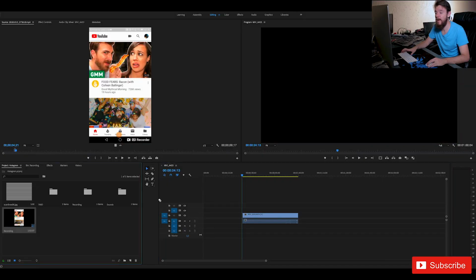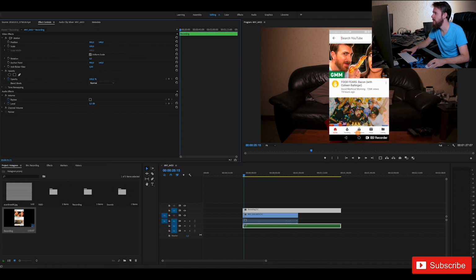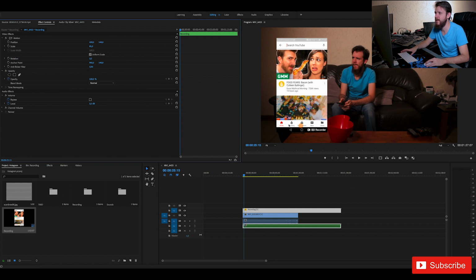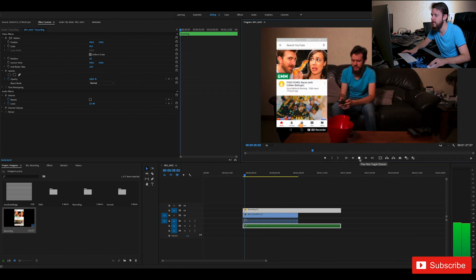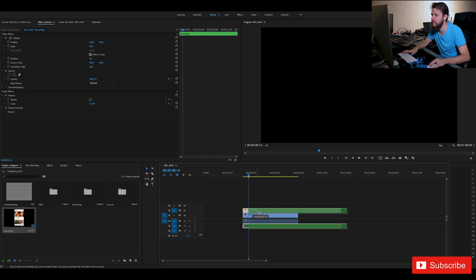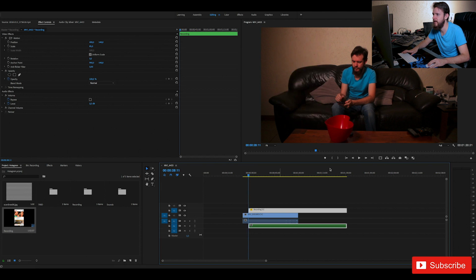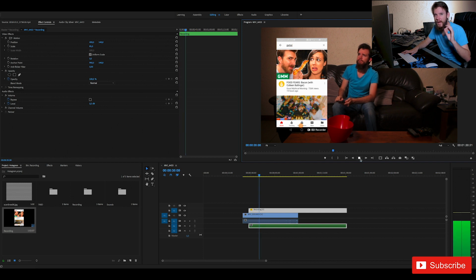First thing you wanna do is you wanna grab that recording or image and put it above that video layer. Now, as you can see, this is already in my way, so I wanna just move this, scale this down a bit, just move this off to the side so I can see and I can match it up with the frame that I want. So I want it right about, let's see, as I swipe it's going to appear. Yes, there we go. We will nudge it around a few times and get it right where we need it